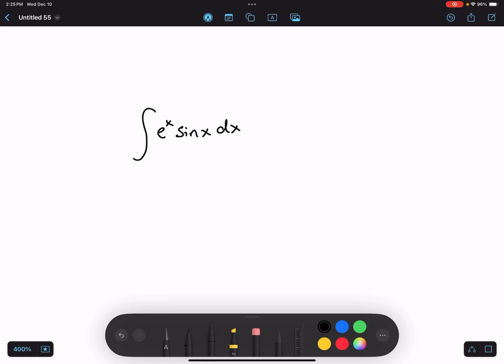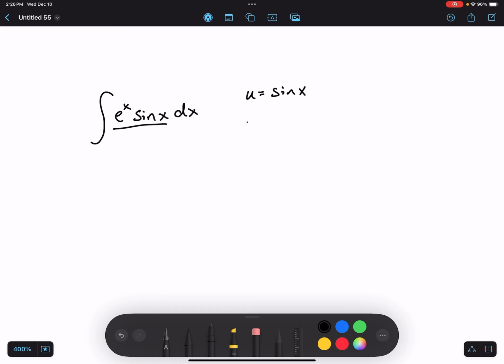Here we've got the integral of e to the x sine x dx, and this is a clear product in the integrand, so this is indicative of an integration by parts problem. And so what we can start off by doing is letting u equal sine x, the derivative of u in this case is cosine x, dv we can allow to be e to the x, and v can also be